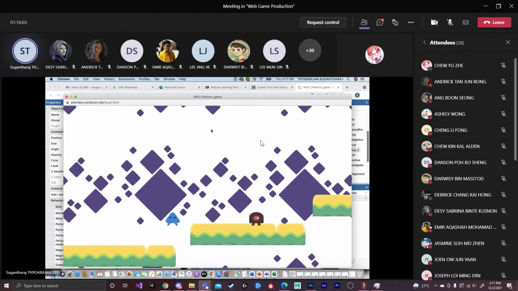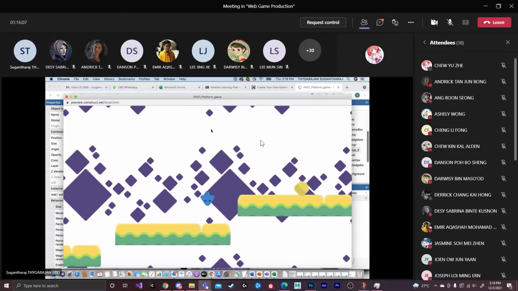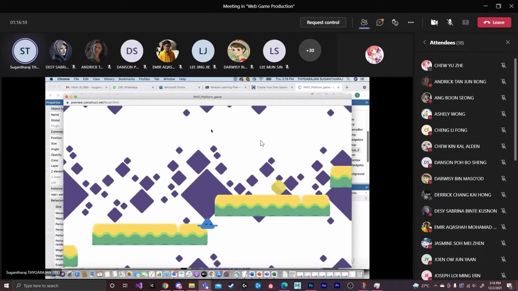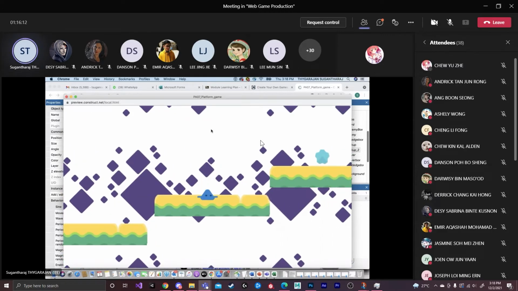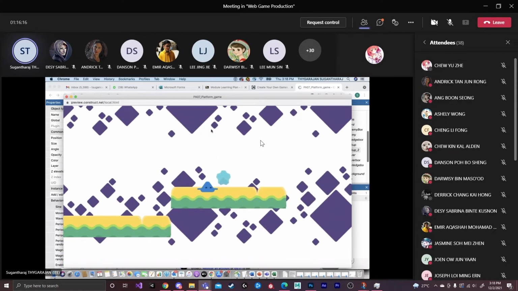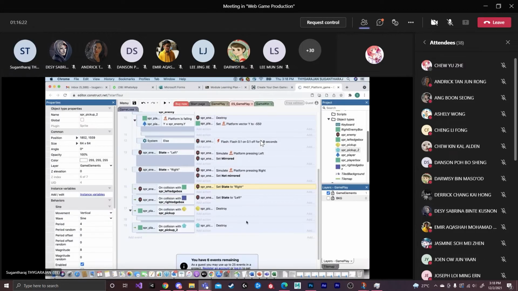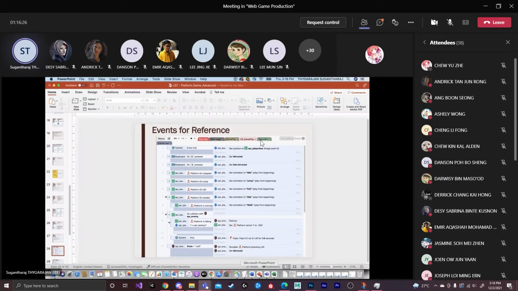I think you must have seen already. So I just go up again, move on to the next platform, then I just go and touch. When I collide with the item, then the other item also gets destroyed. It disappears.